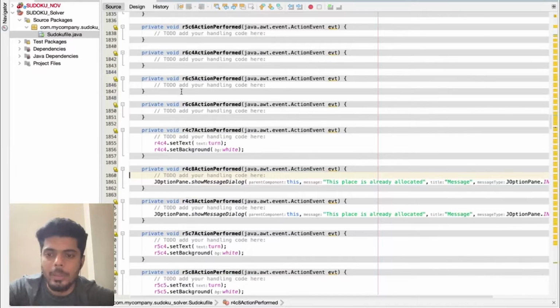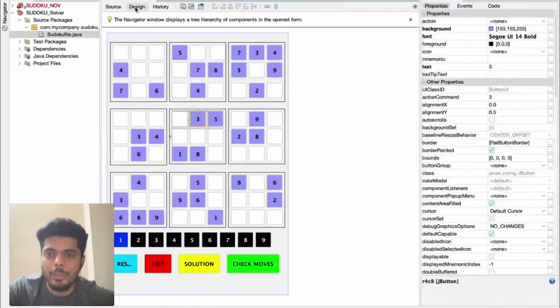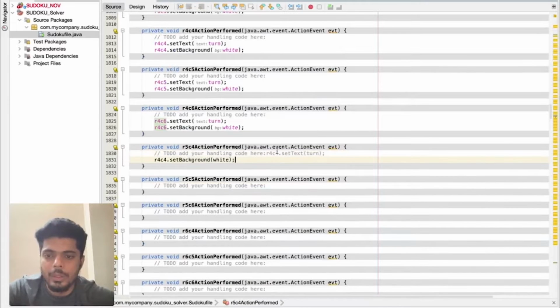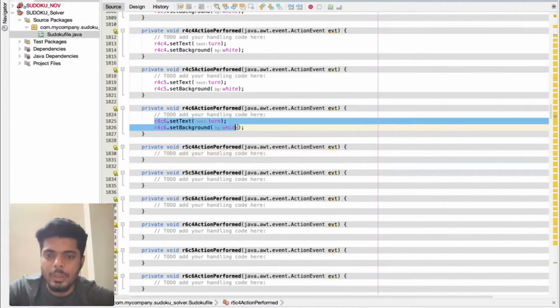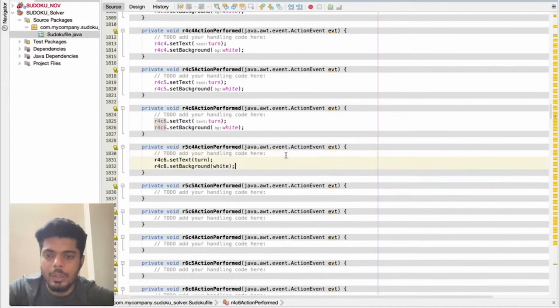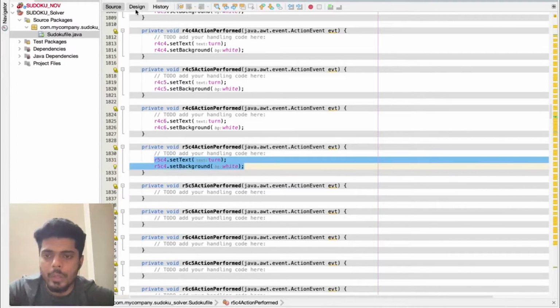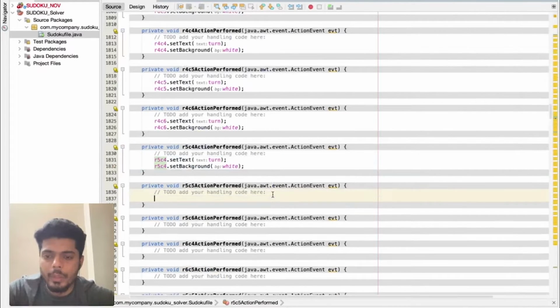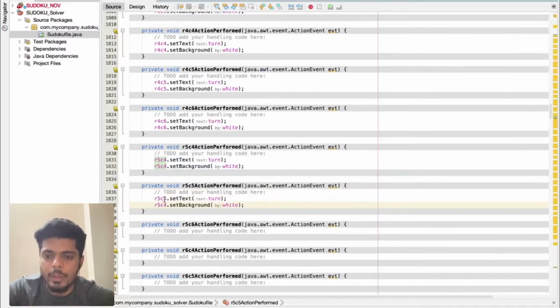I guess the rest of the buttons have the code with them. Let me check for this. R5 C4. R5 C5.